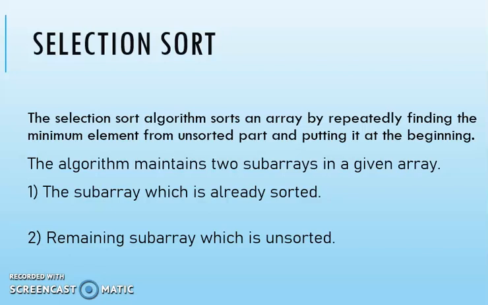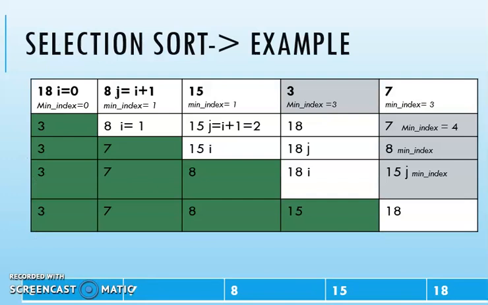So from the remaining unsorted elements we search for the minimum element, take it and place it at index number 1. This is done incrementally, so your sorted subarray will increase with each iteration and your unsorted array will keep on reducing in size. Now we can see a simple example to see how it's actually implemented.